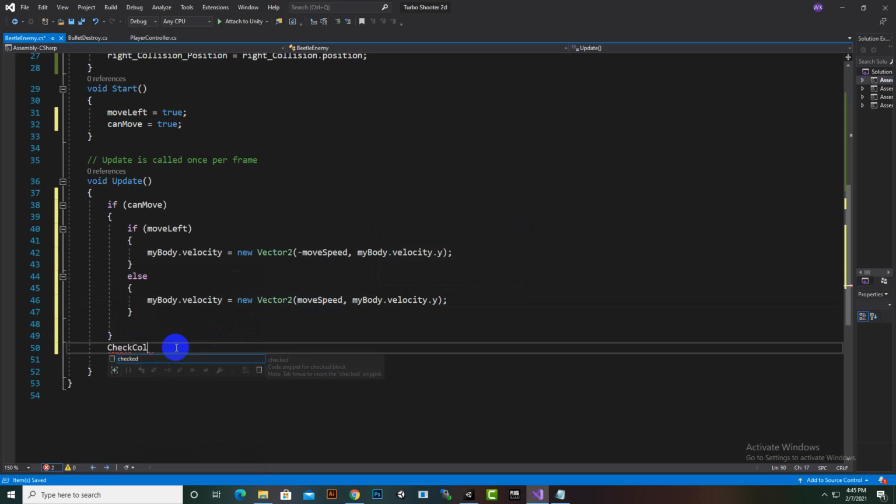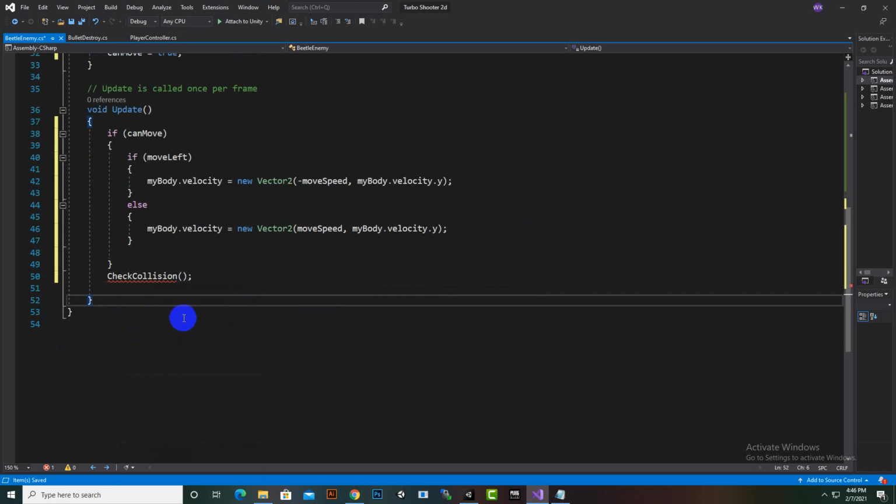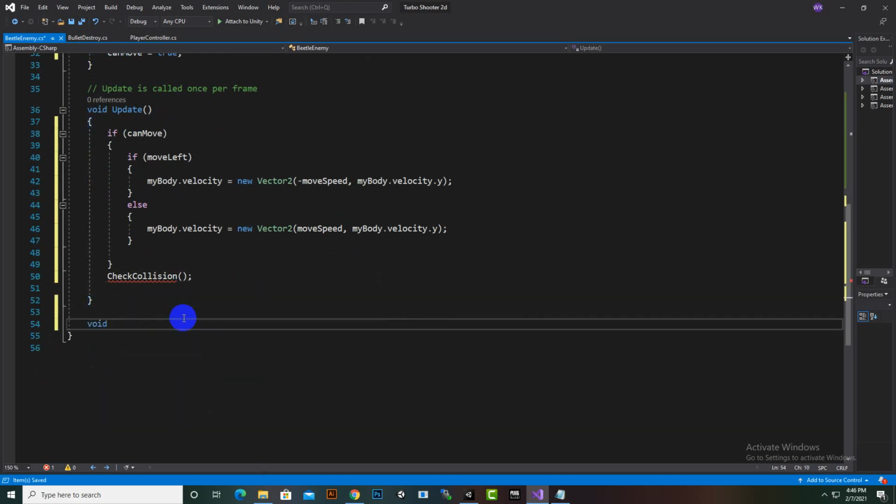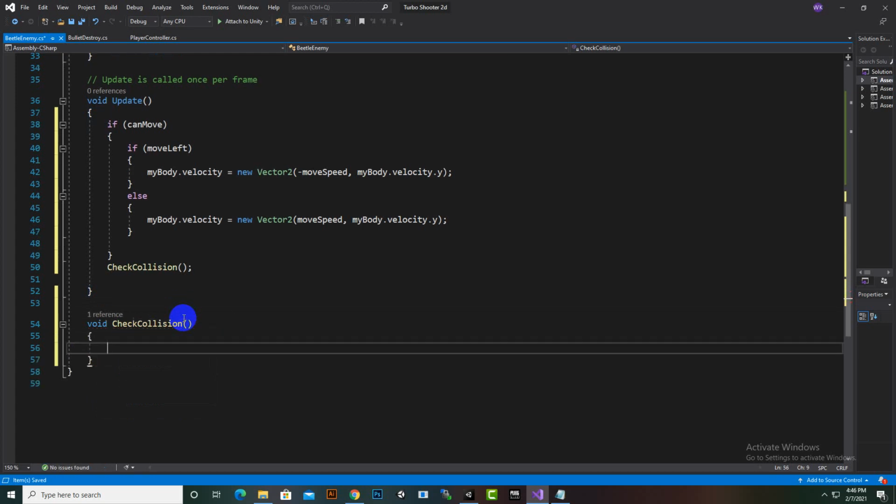Okay, because we will be checking the collision here, and this function is not yet created, so we will create this function over here. So here we will say void CheckCollision. We will detect collision in this function, and here we will definitely use raycasting as well for detecting the collisions. For raycasting to be applicable, we will say RaycastHit2D, because we are using our 2D game, and we will say leftHit